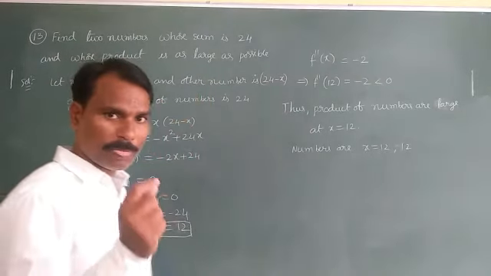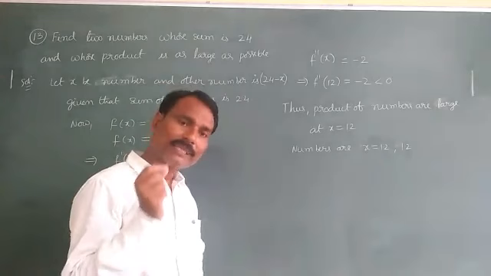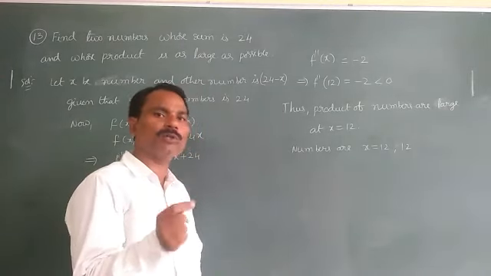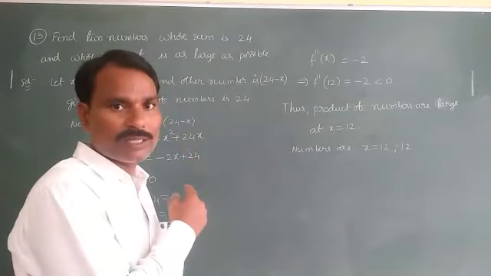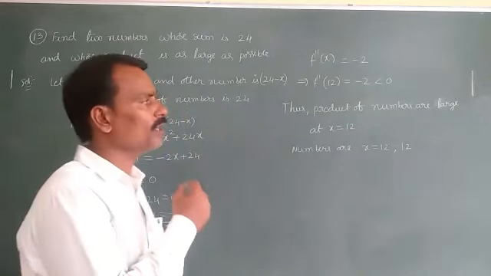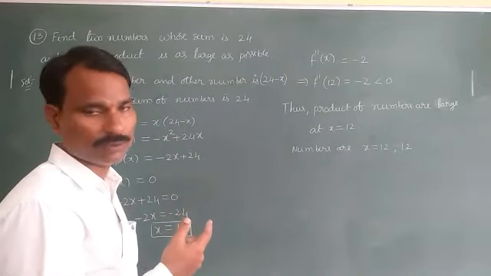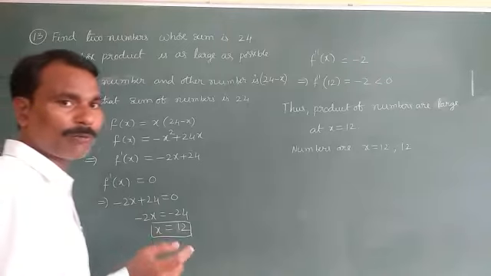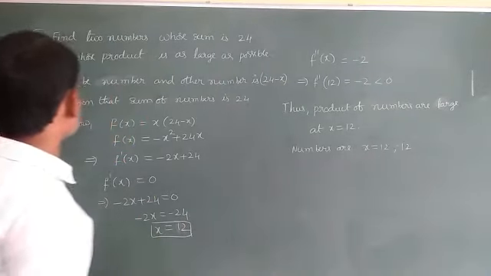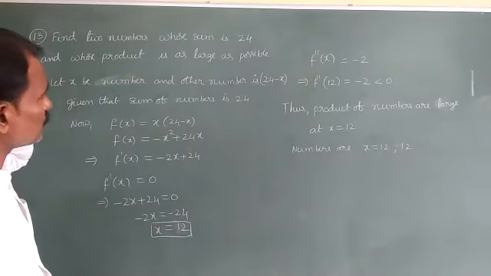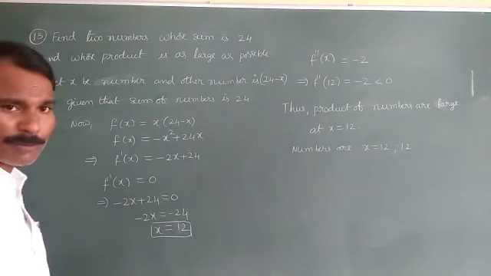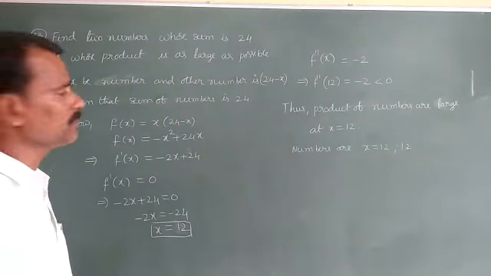Okay, come to this. By seeing the previous years' papers, some models are there in maximum. In that particular one model, this is the model: sum of the two numbers is equal to 15, sum of the two numbers is 16, or sum of the two is 24. From this he is asking one of the questions, one of the models, the number of times in public exams. So find two numbers whose sum is 24 and whose product is as large as possible. As large as possible means tell the maximum.